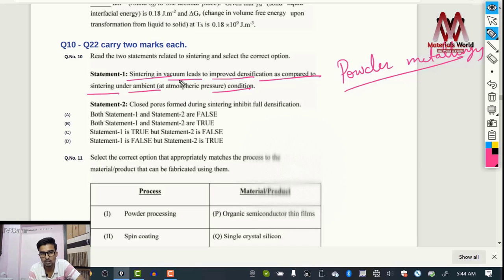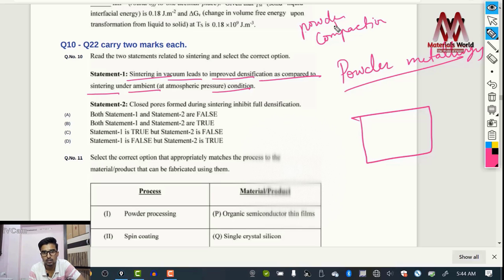So it is saying that if you take some compacted powder, first it will be a mixture of powder, then we have to compact it, that is compaction. After that we go to the sintering portion, that is firing. In sintering, we heat it below melting temperature, so the bonding between powders increases and the material gets densified. So it is saying that if you sinter it at normal atmospheric pressure, or at